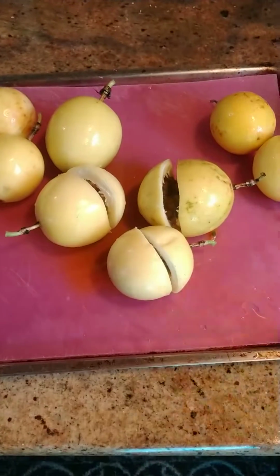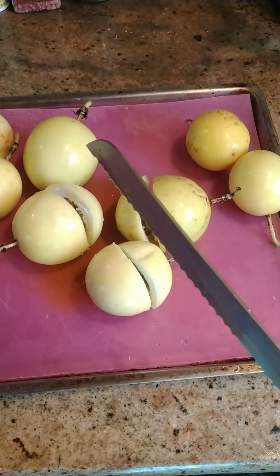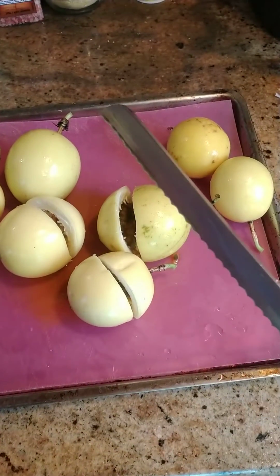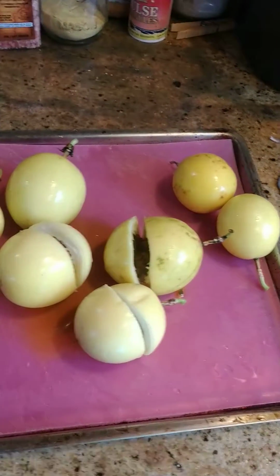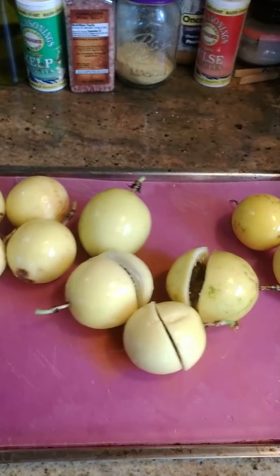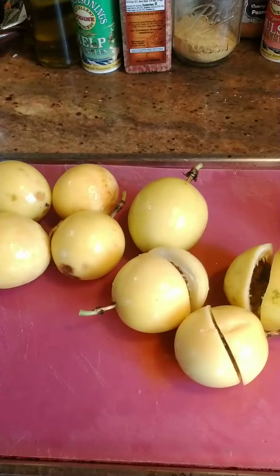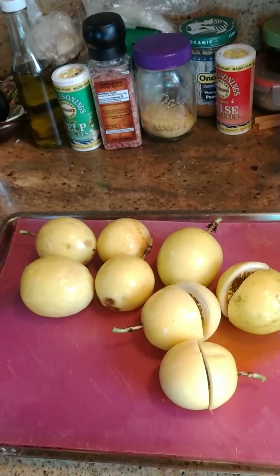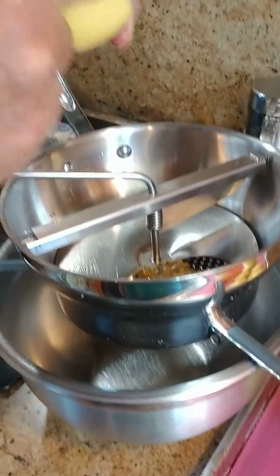So basically you'll take your serrated knife, which is good, and just saw, because these are really hard and the knife can go around the corner of the fruit and cut your hand. So don't cut all the way through, that way it holds the juice. I usually like to cut them all on your tray there and then start scooping them out into the food mill. Alright, so you can just scoop some out, break it open, scoop them out, and fill as much as you can